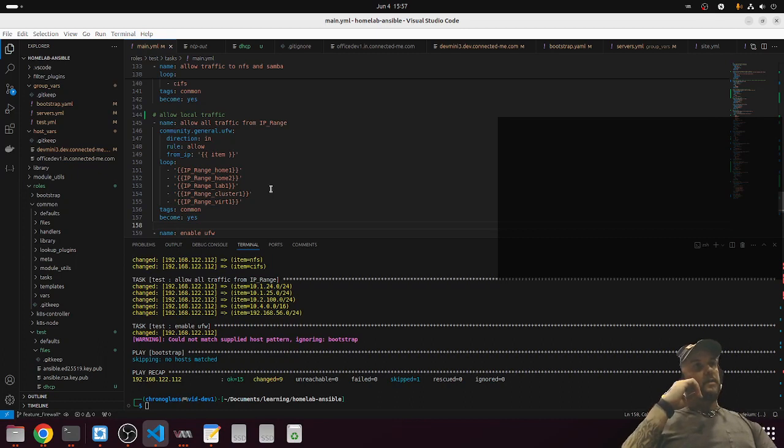This is one I've still got to consider revisiting. I don't think I need everything. Like, I don't want lab to be able to go willy-nilly to any server. I might need to segregate this a little bit more. Maybe I'm just going to call this